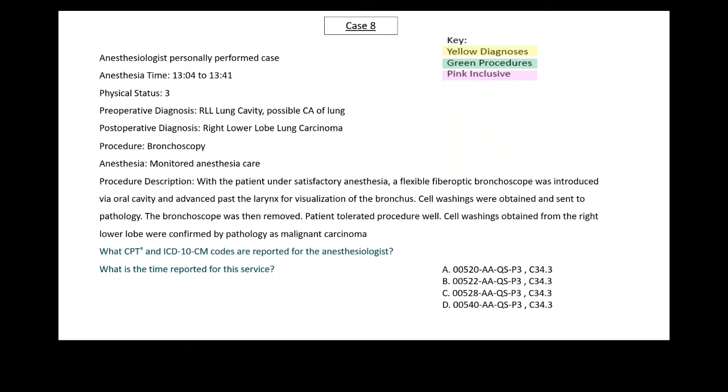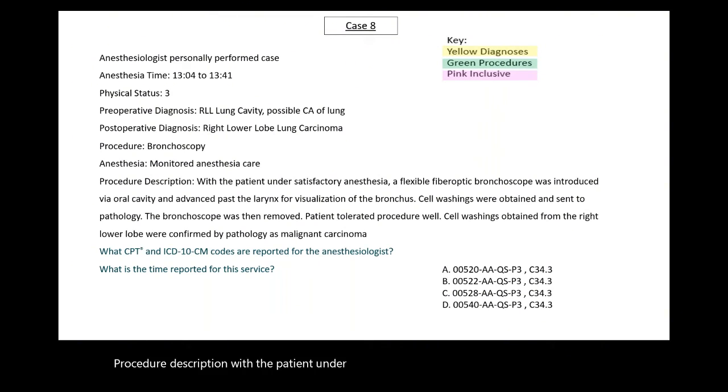Anesthesiologist personally performed the case. Anesthesia time 1304 to 1341. Physical status 3. Preoperative diagnosis: RLL lung cavity, possible CA of lung. Postoperative diagnosis: right lower lobe lung carcinoma. Procedure: bronchoscopy, monitored anesthesia care. Procedure description: with the patient under satisfactory anesthesia,